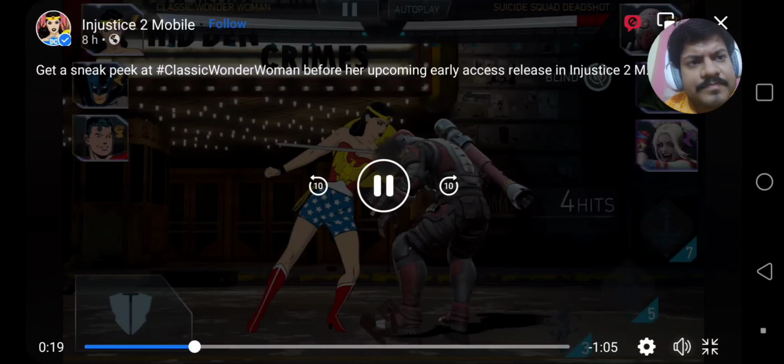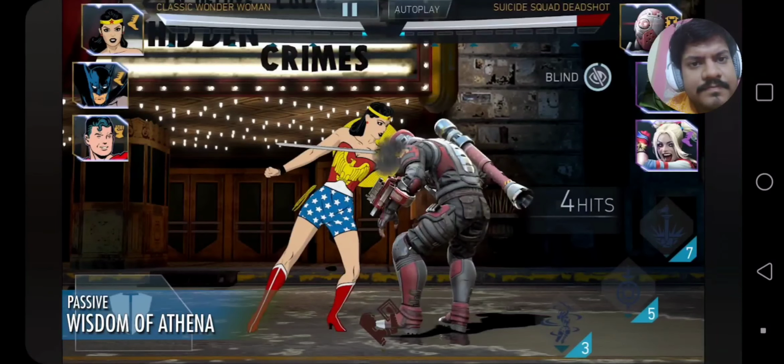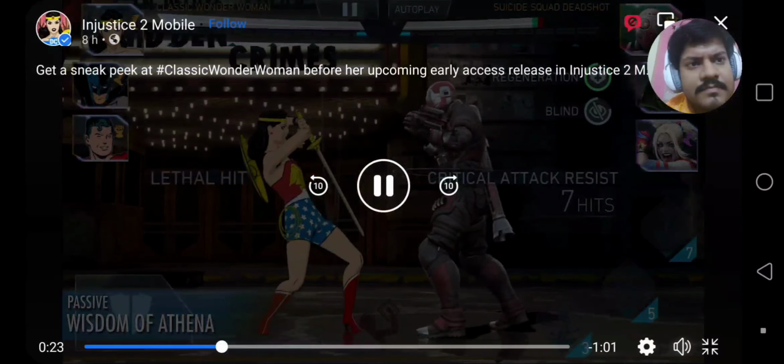Thanks to Batman's newly improved passive, Wonder Woman then uses her Wisdom of Athena to...